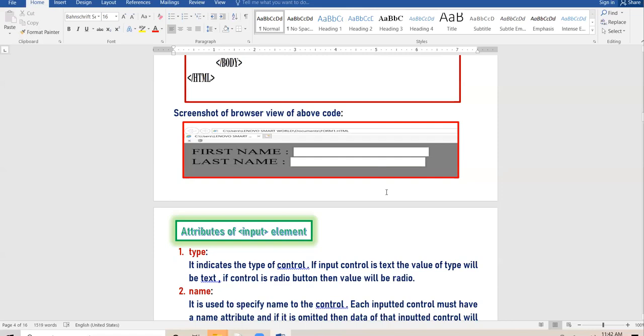You can input multiple line box also. That is called text area. One is single line input box. Second is multi-line input text box. Beta, in single line input text box, you can input only one single line. But if you want to fill text in multiple lines, you have to use the text area object.